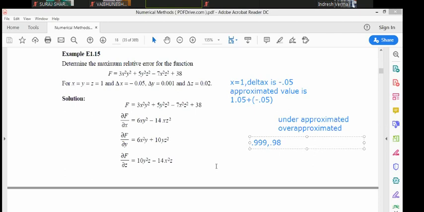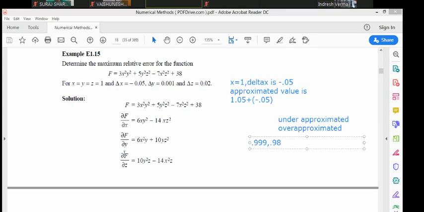Now we come to, similarly, we have taken the first derivative with respect to x, the first derivative with respect to y, the first derivative with respect to z. I think there is no problem: when we take f with respect to x, then y and z remain constant. When I take the first derivative with respect to y, the x and z remain constant. And when it is del z f, this is del z f or del z of f.